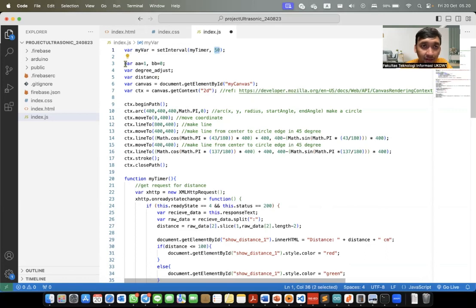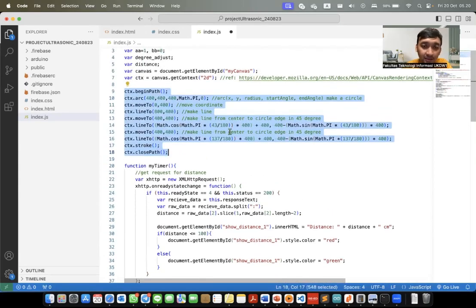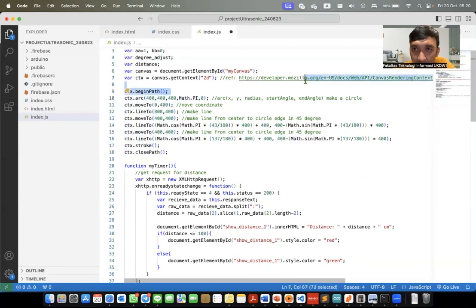After this, we create the variable and make the canvas variable to our HTML, and this part is for making the line, the circle line and the straight line. We can see this is for our circle line,